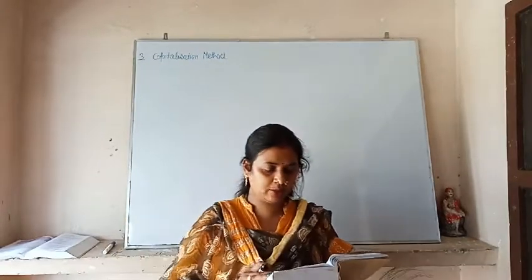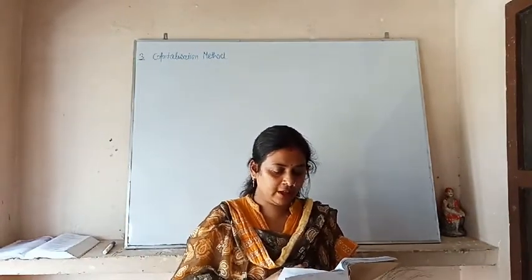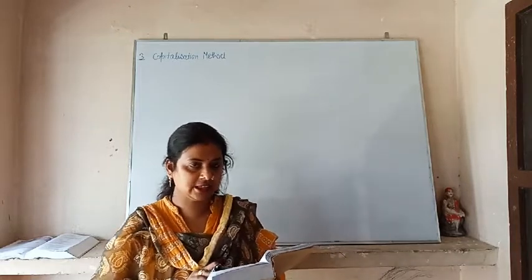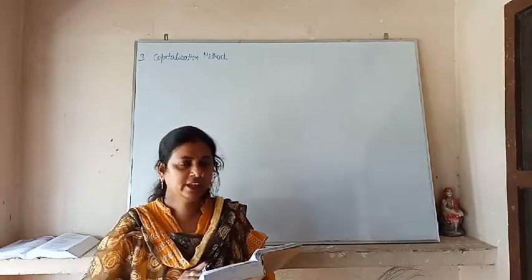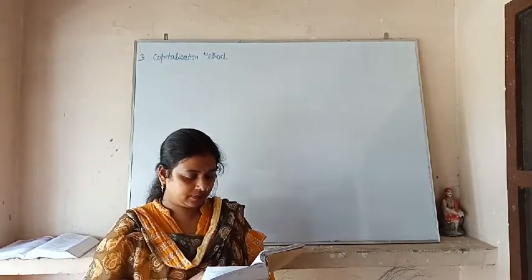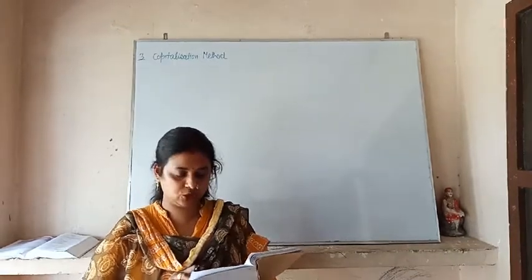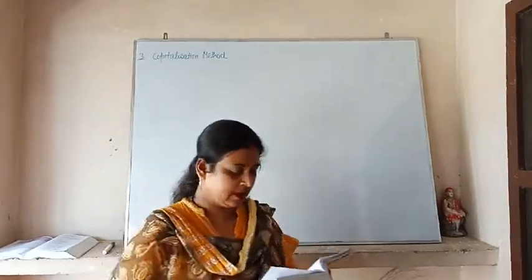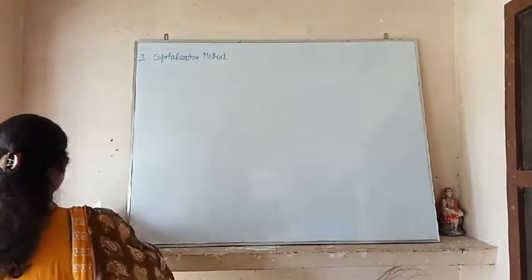I am going to read the question. The following information is related to a partnership firm's profit and loss for the last 6 years. The profit and loss of the 6 years has been given. The average capital employed is 2 lakh. The rate of normal profit is 15%. Let us see how we have solved the question.